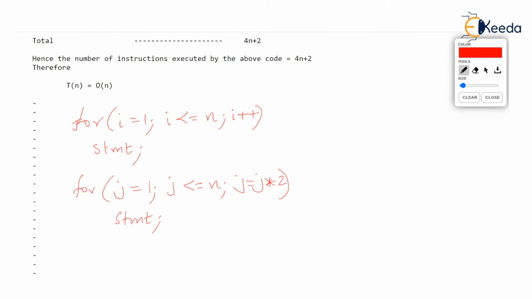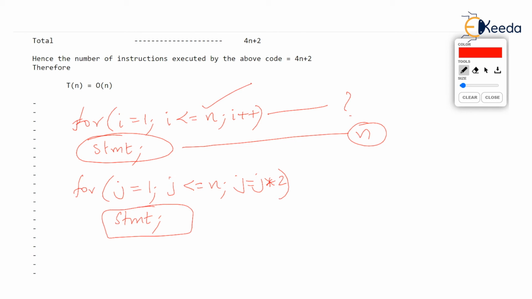All right. Now we will not question how many times the for is checked, isn't it? Because we are interested in counting how many times the statement runs, and the statement surely runs n times because the loop itself repeats n times. Now, how many times does the second for loop repeat the statement? The statement is repeated log of n times.